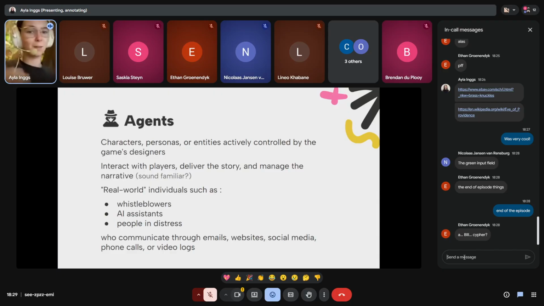This is sounding a little bit familiar. So in escape rooms, for example, our game master is one of the agents. Your game master can obviously be the person who created the room, so they're controlled by themselves, or the game designer is themselves. But you also get people who create the rooms, and then there's a different person who is controlled by them or is in charge of them.